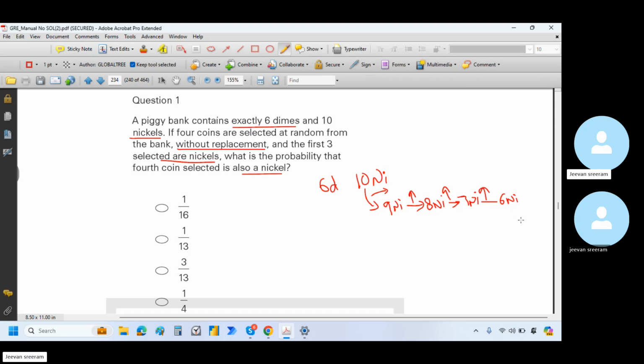Each event has already happened. For already happened things, the probability is 1. No need to consider it. So ultimately you have 6 dimes and 7 nickels. The question is asking what's the probability that the fourth coin selected